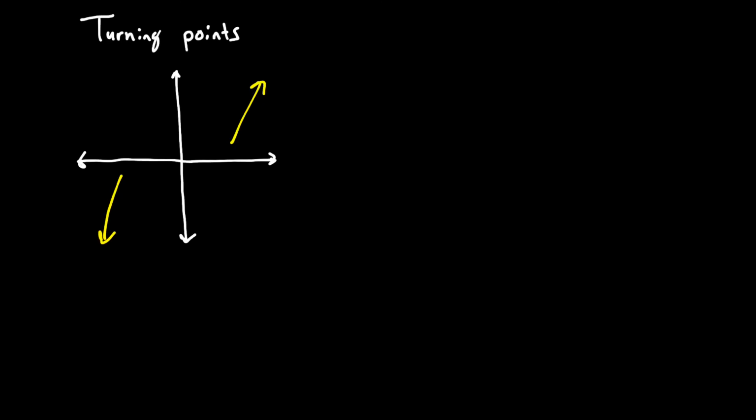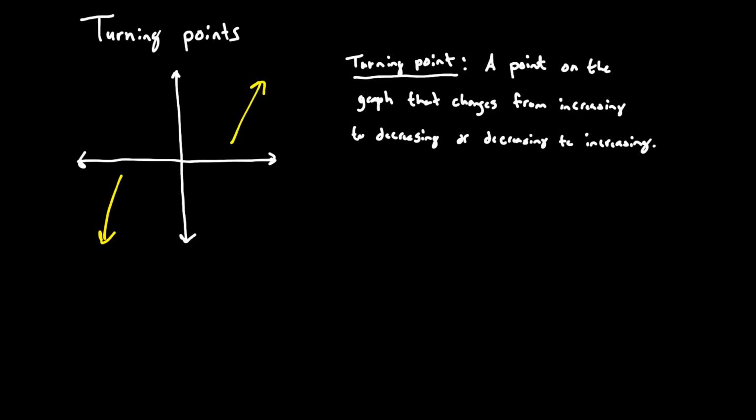For polynomial functions, max and min points are called turning points. A turning point is a point on the graph that changes from increasing to decreasing or decreasing to increasing. For example, in the picture on the left-hand side, this polynomial function has two turning points, one right here and one right here, where the graph on the left-hand side of this point is increasing, and then on the right-hand side it's decreasing,